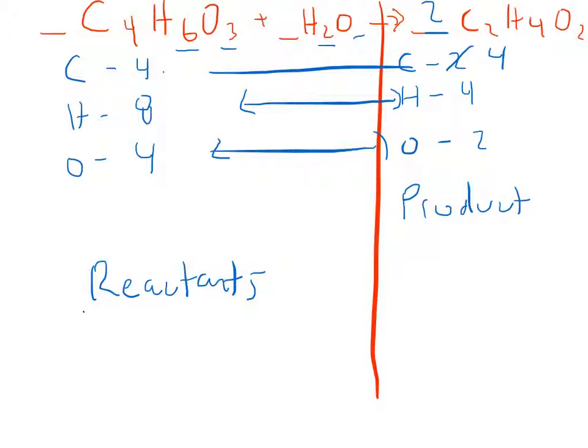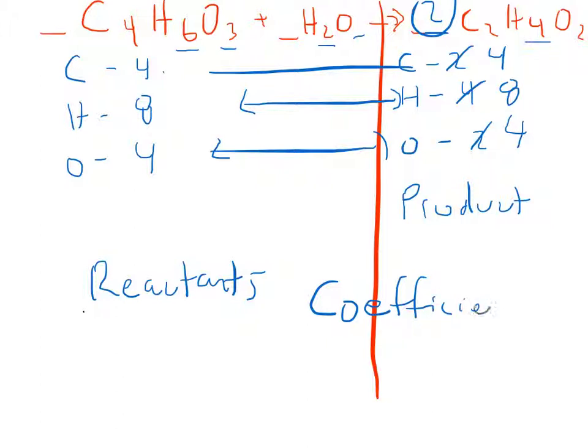So when I do that, I know I have 4 carbons. However, this 2 that I just made also is going to change my hydrogens. Since I have 4 hydrogens and I'm times 2, now I have 8 hydrogens. Since I had 2 oxygens, 2 times 2 gives me 4 oxygens. Surprisingly, it was that simple. Adding a 2, which is a coefficient,